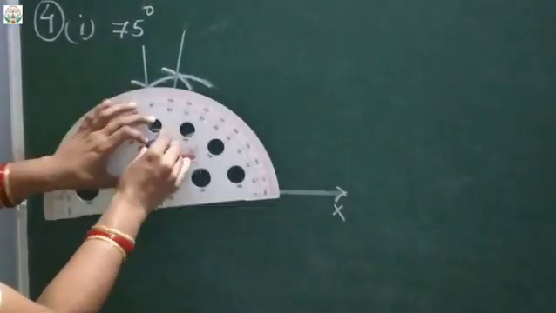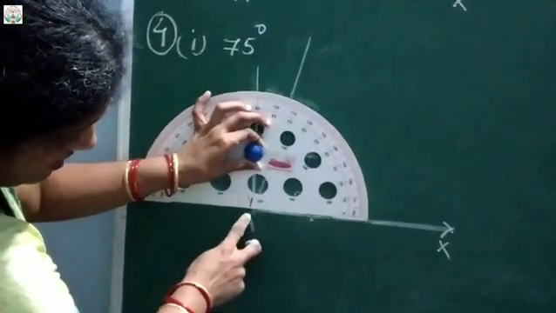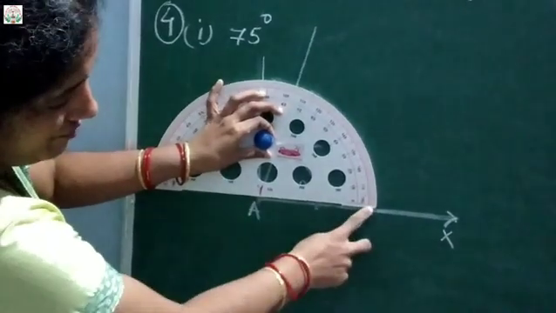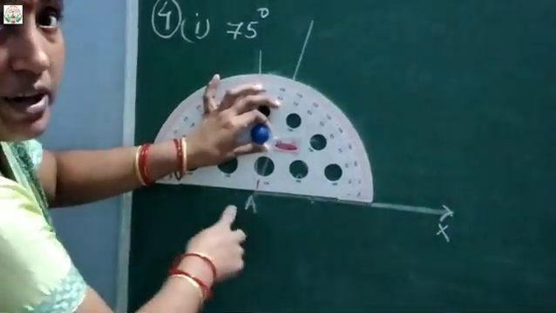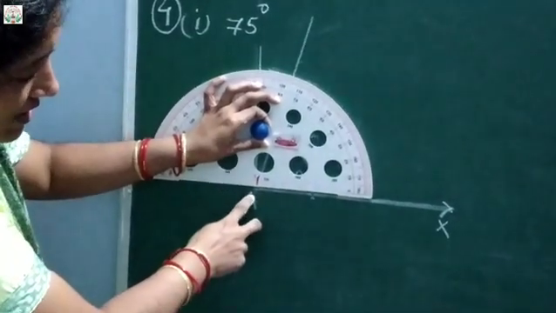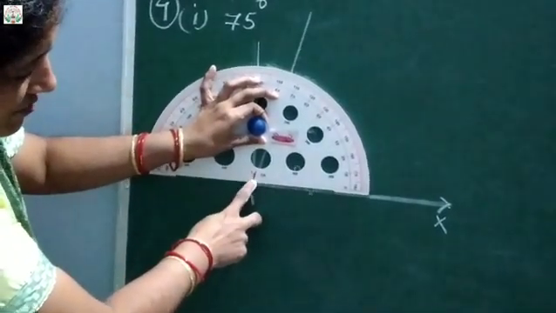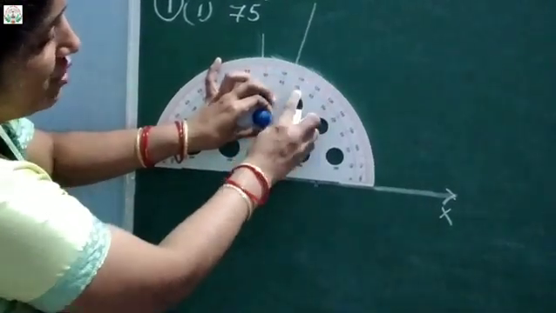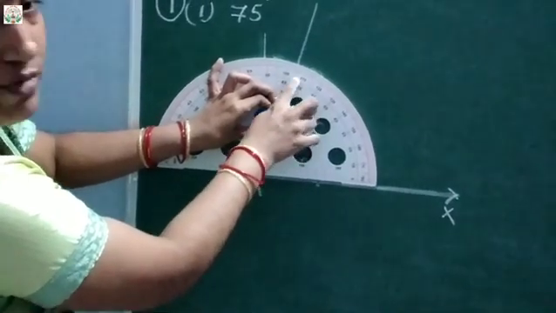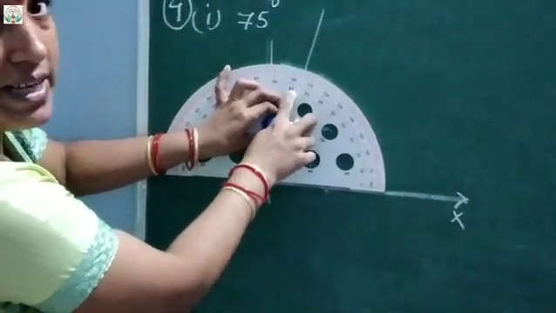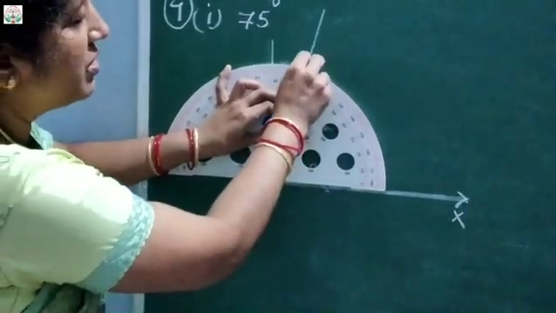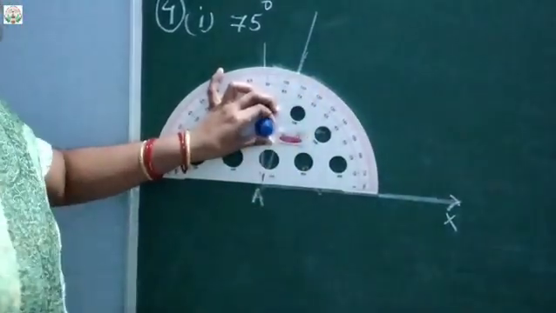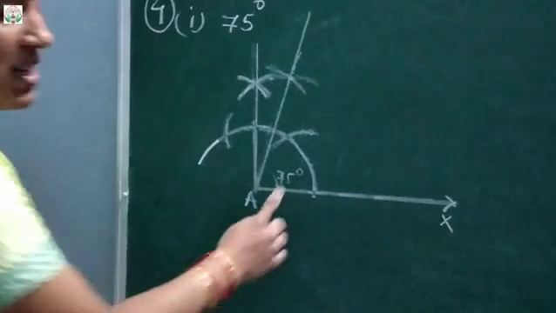So how will you do? First keep the arrow mark there just above this line and keep it here exactly, and this ray should touch this line and this center A should be at this arrow mark. Okay, and then you can see this line is exactly between 70 and 80, means what? 75. Between 70 and 80, 75 acute angle, you know. So this is the line, you can see that. Exactly it is coming and touching 75 degree. Okay, so this is by construction also.